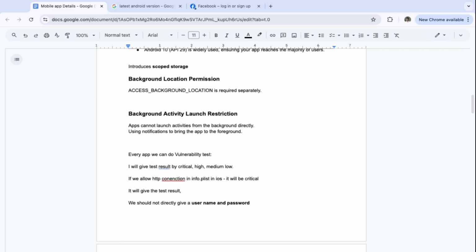Then background activity launch restrictions. Apps can't launch directly from the background, right? As I told earlier, we should not directly run our app in the background. If we are running the app in the background, there will be a notification saying we are using our app in the background. So people can easily get to know that the app is running in the background. We need to kill the app or we need to work on that. So that will be many useful things. Next,